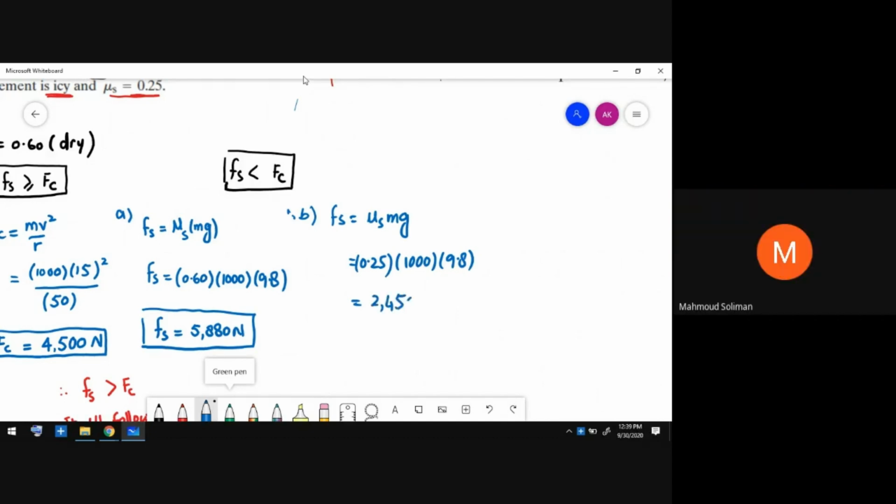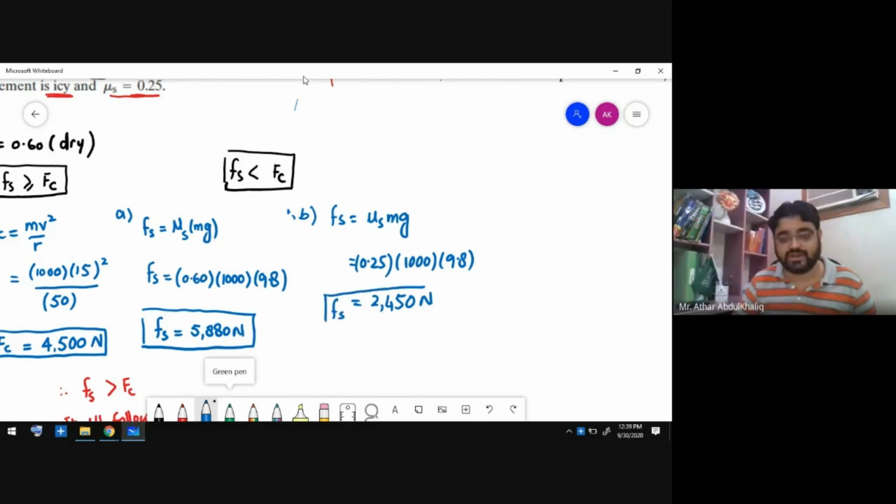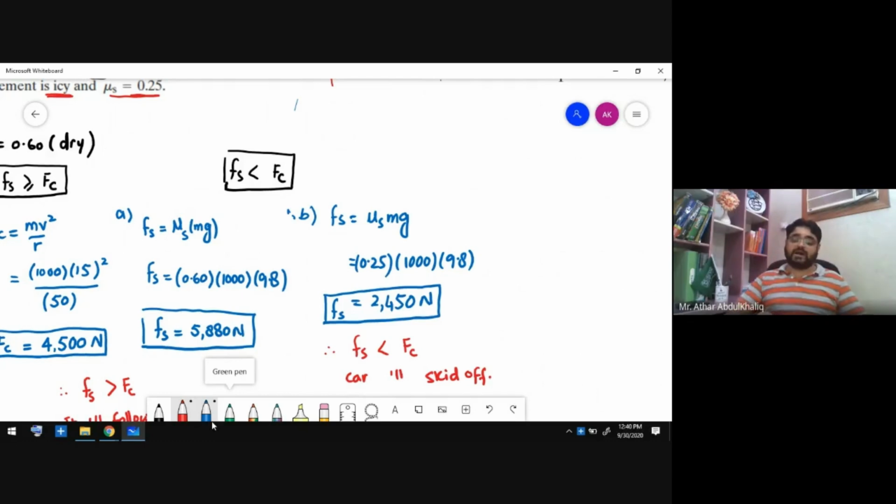Mr. 2000, 24,050. Yes, 2450. Am I right? Is it the same? Yes. Okay. If it is the same, what result will you depict? Friction is no less than the centripetal force required. It will skid. So the car will skid off directly. So now I think you guys understood a little bit that when a car is going